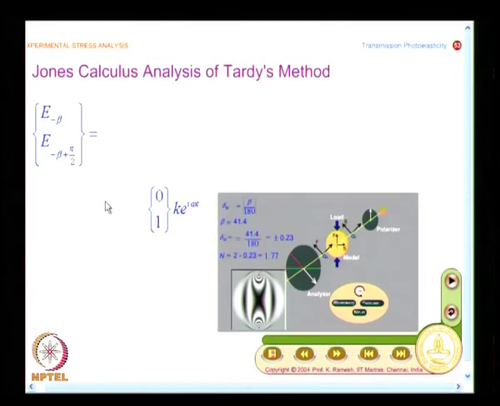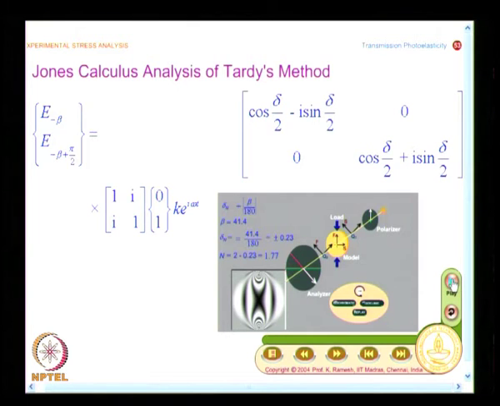Now, I write the matrices for each of the optical elements, and you know very well what is the Jones matrix for the first quarter wave plate, very simple, and the model, because theta is 0, this matrix is very simple. I simply have cos delta by 2 minus i sin delta by 2, and these two terms go to 0, and I have cos delta by 2 plus i sin delta by 2. Now, you have the second quarter wave plate, and what is the difference between the first quarter wave plate and second quarter wave plate? I have not written 1 by root 2 here, because I will write it finally for both the quarter wave plates, product of 1 by root 2 as 1 by 2.